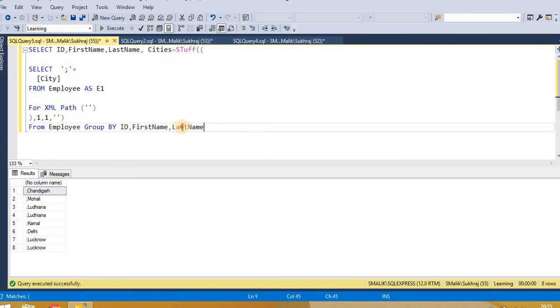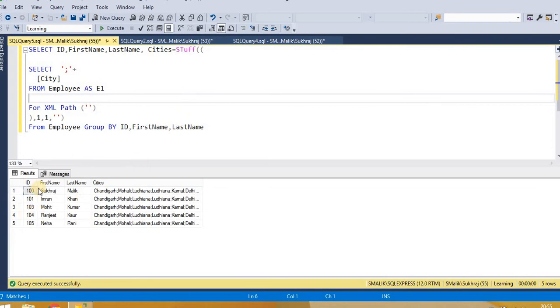Now we have used GROUP BY with ID, first name, last name. That's why we get only the first 5 records, because ID, first name, last name is repeated 2 times each: 2 times for Sukhraj, 2 times for Imran, 2 times for Neha. That's why it picks only one record from these, and now in the output we are getting only 5 records.